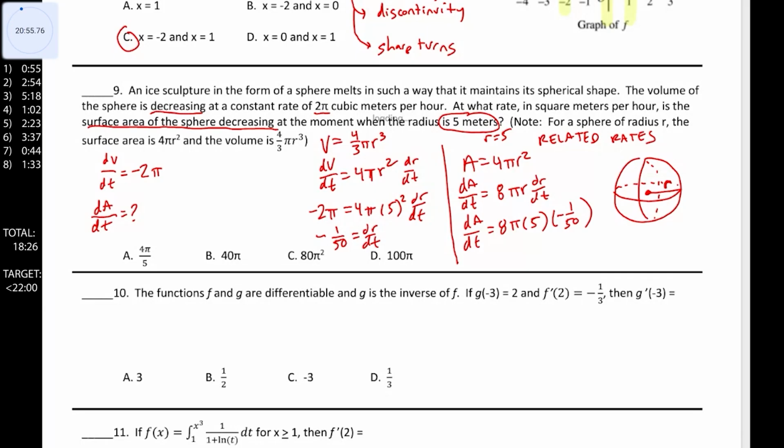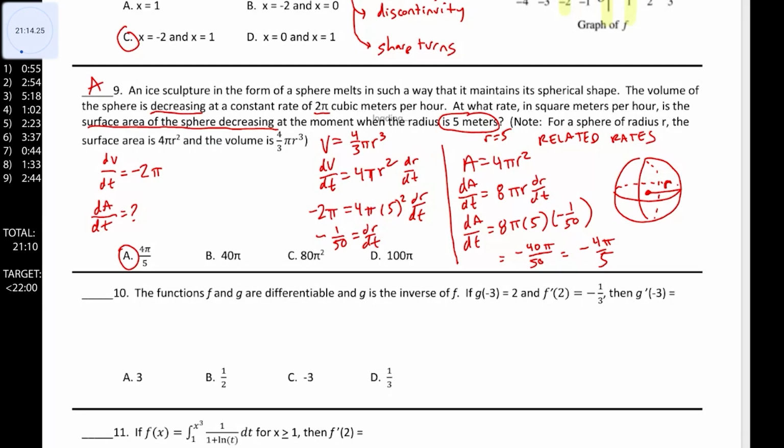Here, it'd be a little tricky. It's not as bad as it looks to do by hand. 8 times 5 is 40, so we get negative 40/50, negative 40 pi over 50, which reduces to negative 4 pi over 5. Now our answer is A, although you might be wondering why it's positive 4 pi over 5